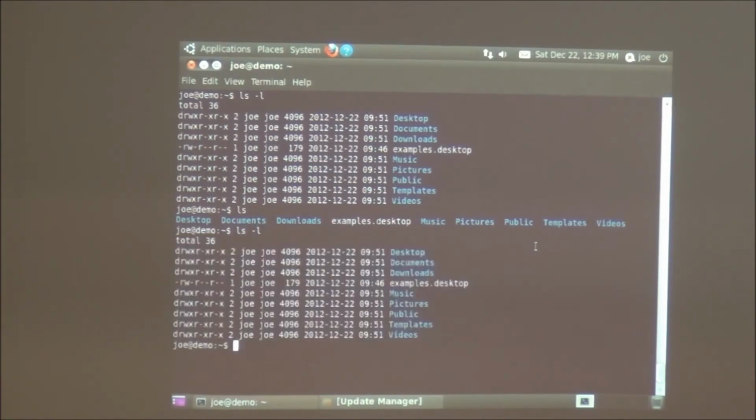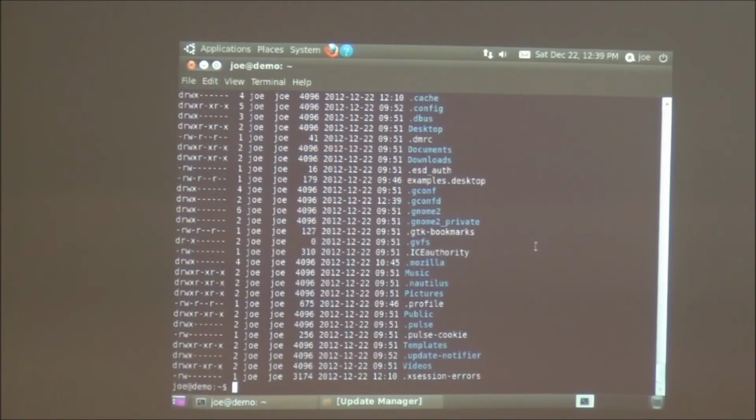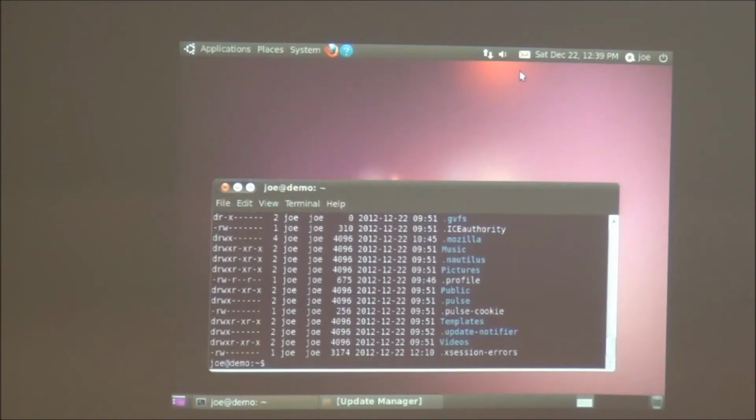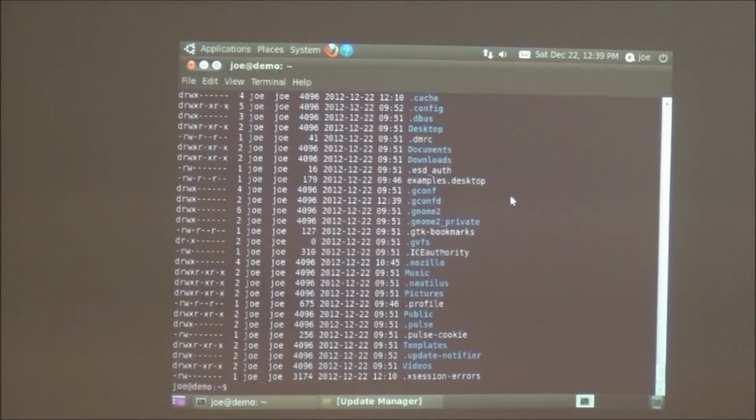The -l is a long view. If I do the -a, it shows all, which shows me all the files that are hidden. In Unix and Linux, anything that has a dot in front of it is hidden.